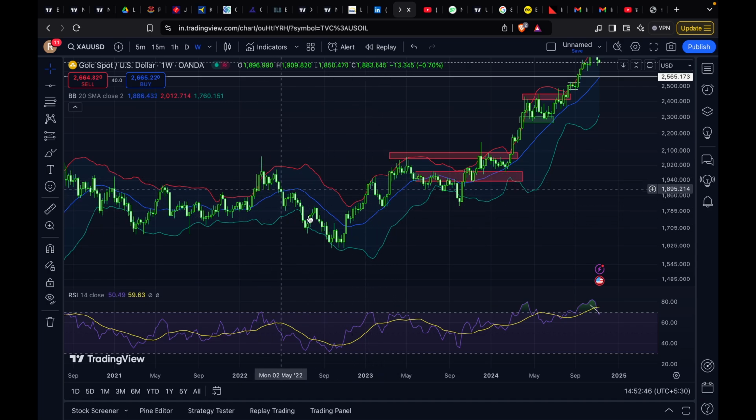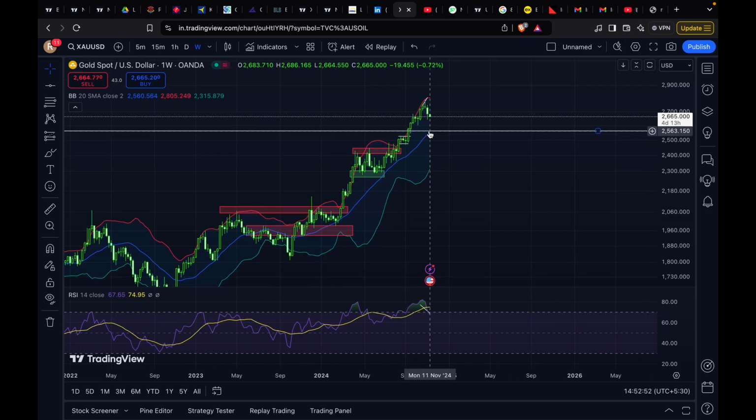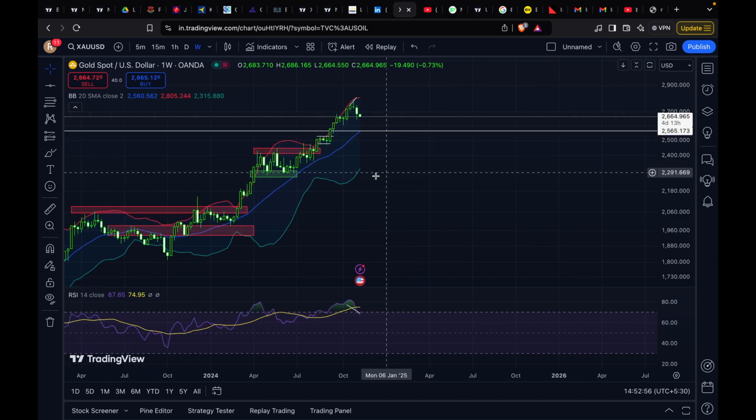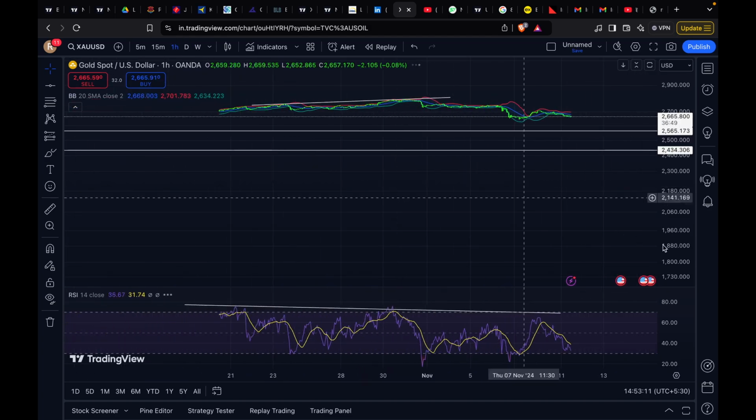You see, you will touch the lower band or you will touch the moving average. So the first target will be the moving average, which is 2500, something like that. The second target for me, even if the Bollinger Band changes shape, would be this zone, which is approximately 2434. So if you just switch again to the hourly time frame, you will notice,